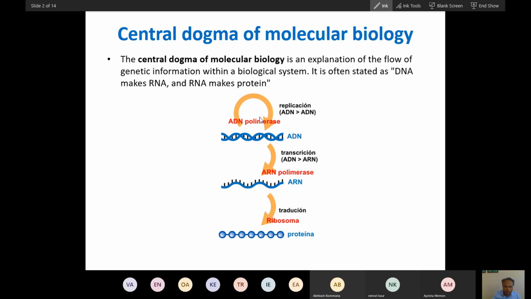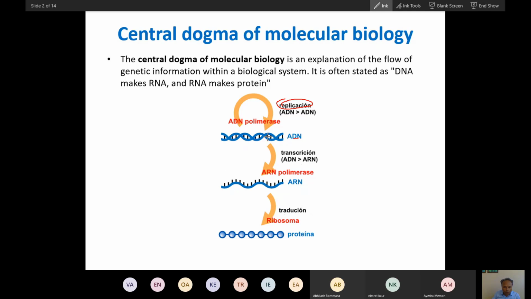So you will see first, what is the central dogma? Synthesis of DNA from DNA. See, this is a different language, that is why it is ADN. It is written ADN, so it is DNA. From DNA, DNA is synthesized. This is called the replication process. It is written in French, maybe French or some other language.